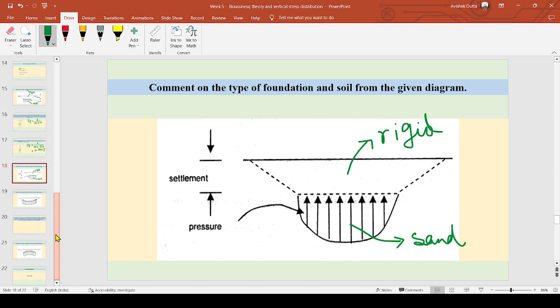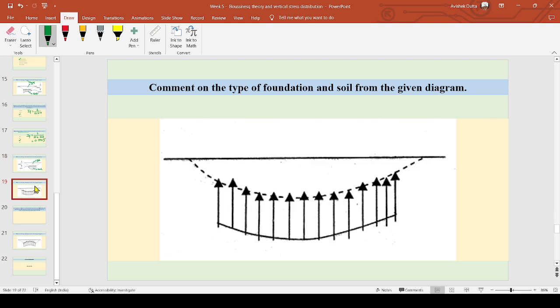Next question. Here the question is different from the previous question because we can see that in this case the pressure distribution is uniform. When the pressure distribution is uniform, it goes without saying that the footing is flexible. It is a flexible footing, because in a flexible footing the pressure distribution is uniform, but a flexible footing will not show uniform settlement. It will show non-uniform